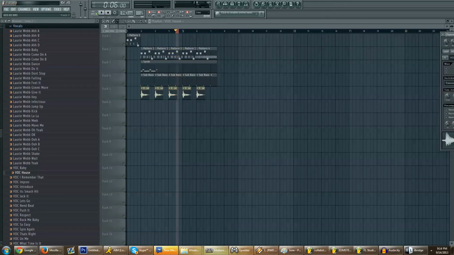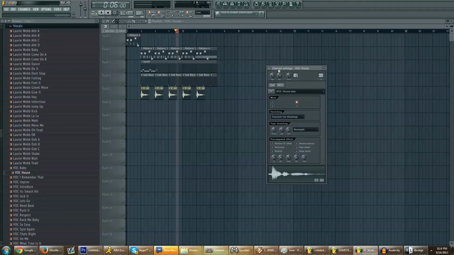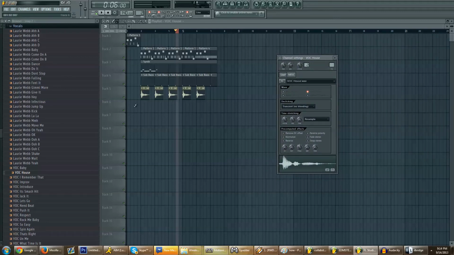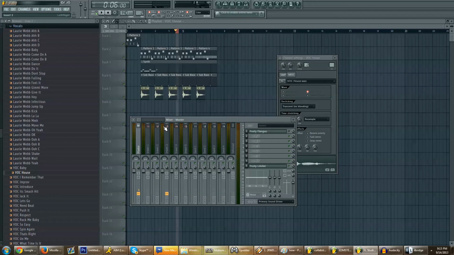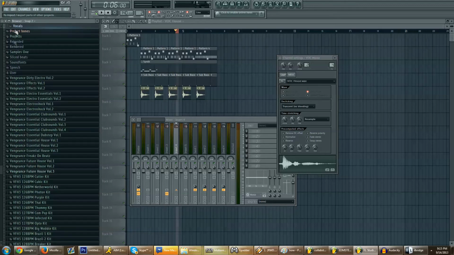adding effects like before, this is exactly how you do it. If it's just like a sample that you put on here, what you can do is double click it and see how it says effects up here. You're gonna want to change that. So watch. All right, here we go. We're gonna go back over here. We're gonna go to this bar, and we're gonna figure out which one we're gonna make it. We're gonna make it number 4. So we're gonna make effects number 4 our house sample track, like the vocal that I just used, and I'm gonna put